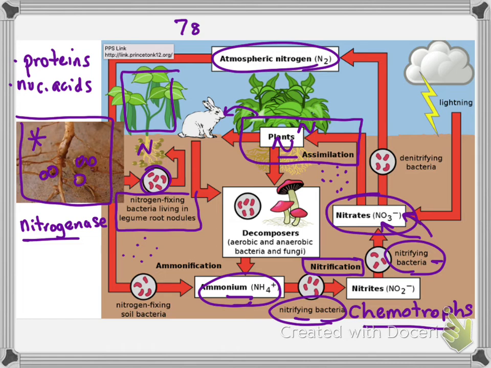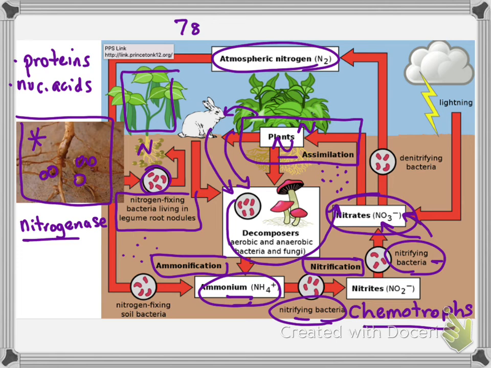So if those plants die, if those animals die, if they defecate, urinate, then we can again go through this process of ammonification. And that again is performed by these soil bacteria, which will decompose the dead plants or the animals. And again, during that process, you're going to decompose, you're going to break down those amino acids and the nucleic acids that were in those living organisms, and the bacteria will basically recycle them